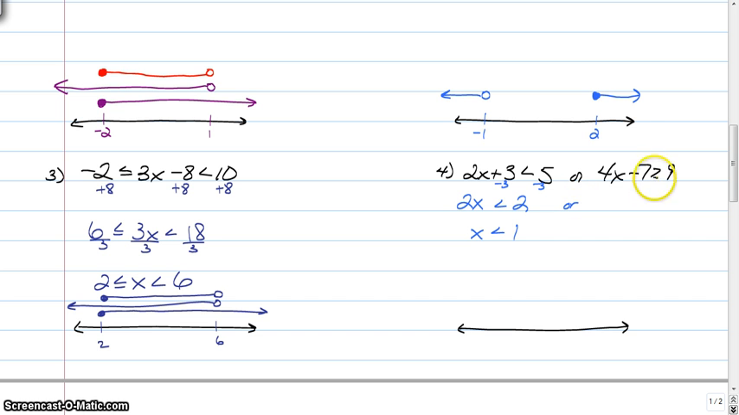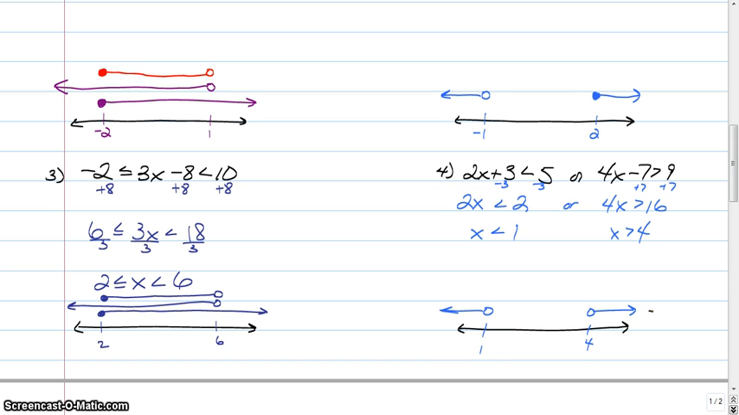Or we're solving this one, add 7 to both sides. 4x is greater than 16, so x is greater than 4. So we have our 1 and our 4. X is less than 1, or it can be greater than 4. That means the answers that will not work for this is 1, 2, 3, and 4, or anything in between